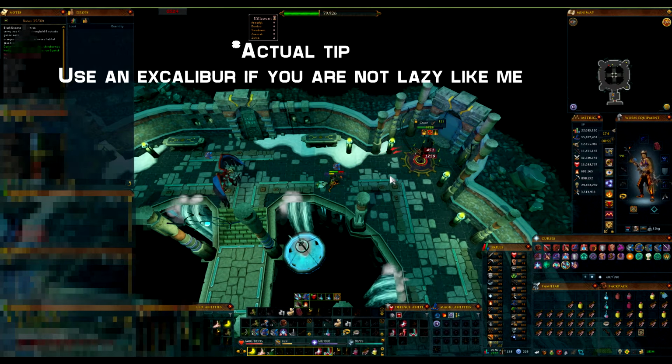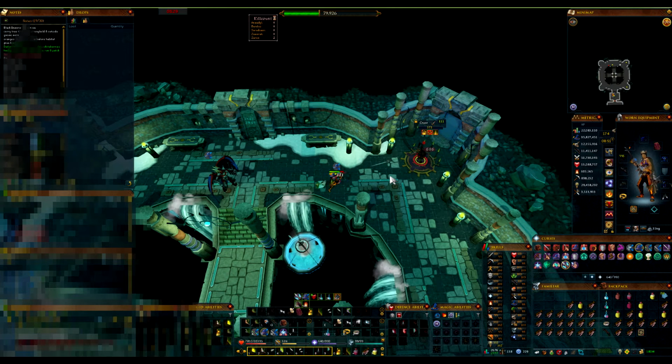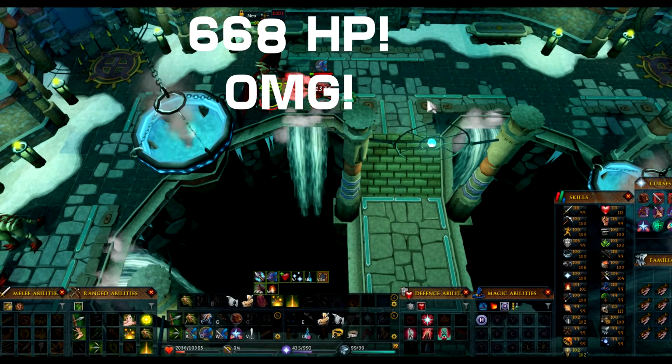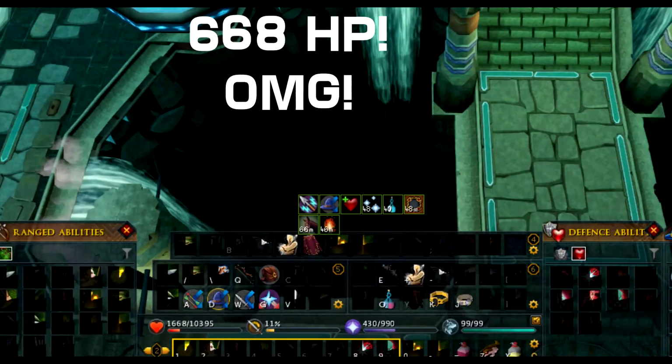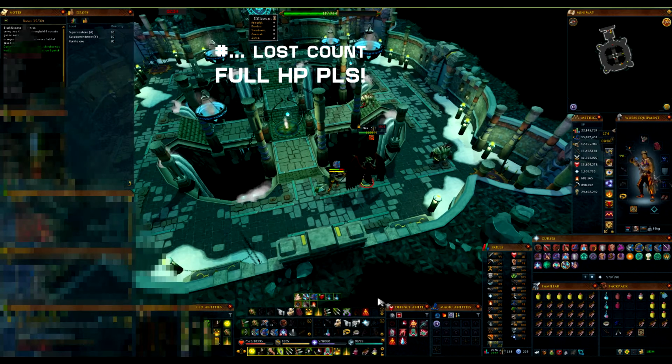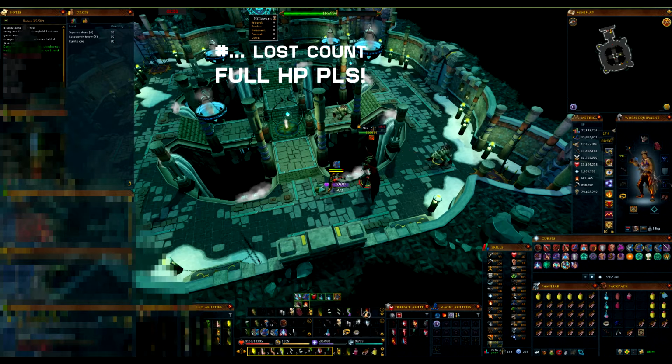And if you do have an Excalibur, you should use that in the siphon as well, but I don't have one and I manage, so it's fine. And sometimes the YOLO is real. 668 HP. Also, like I said before, make sure you're full HP before you start siphoning, otherwise you end up